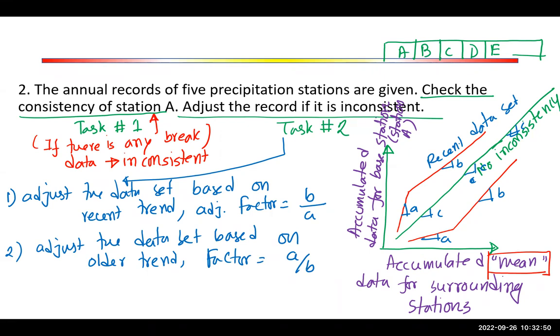Right. If I say, okay, this data set is the correct one, obviously I want to fix this data set. If I say, no, this data set is the correct one, I want to change this data set. So whatever the correct set of data, that one should be on top and the other one should be on the bottom, just like here. So B over A is to fix A. Yes, exactly. Now, if for any reason you don't know which data set is the problematic one, we will always want to adjust the smaller data set. Okay, so I will just make that note.